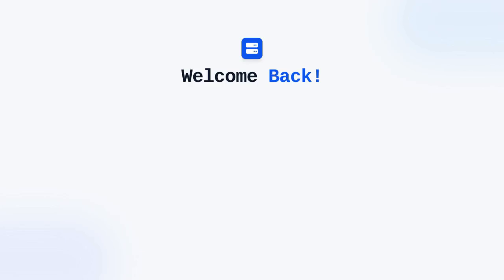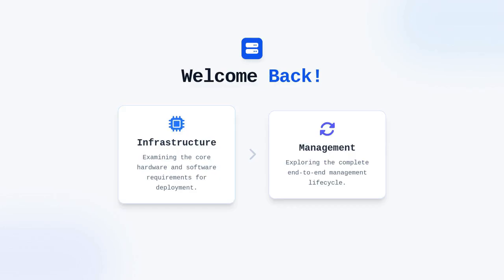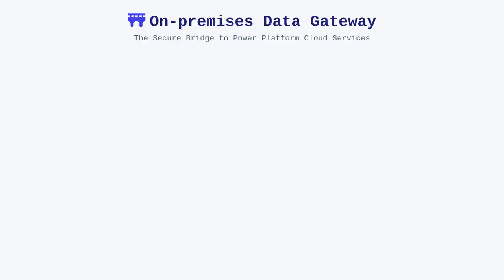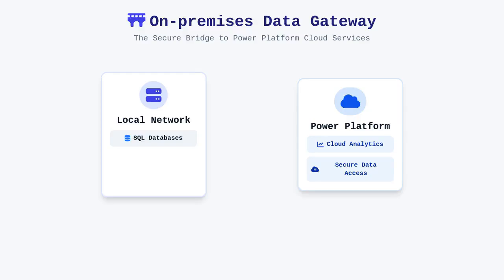Welcome back. In this session, we will examine the infrastructure requirements and management lifecycle of the on-premises data gateway. The on-premises data gateway acts as a secure bridge between your local network resources and the Power Platform cloud services. Without this component, the cloud service cannot reach internal data sources such as local SQL databases, file systems, or proprietary